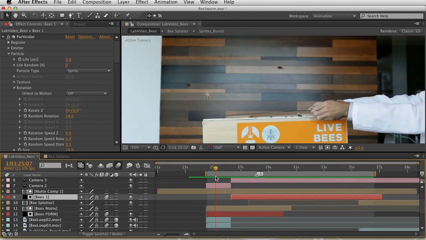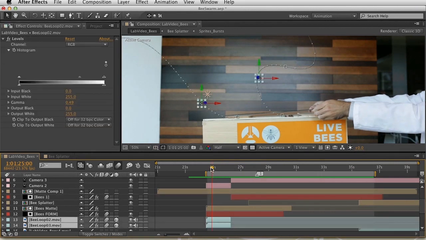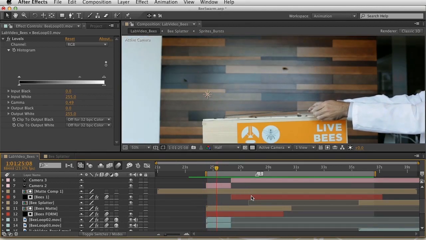Now, at this beginning shot here, you do see a couple of stray bees actually fly away, but those are just manually done, animated in After Effects. So let's talk about the approach to this. I already said that we're going to be sharing one layer,